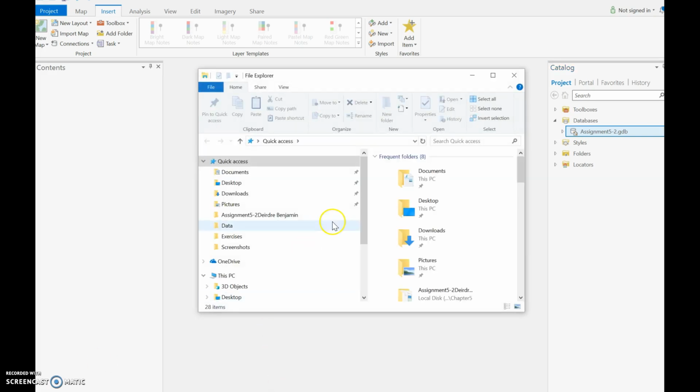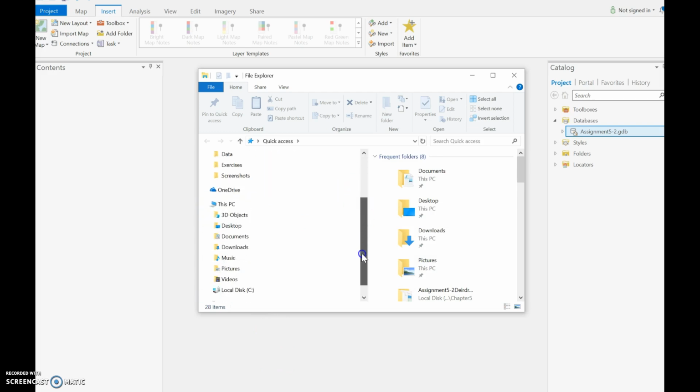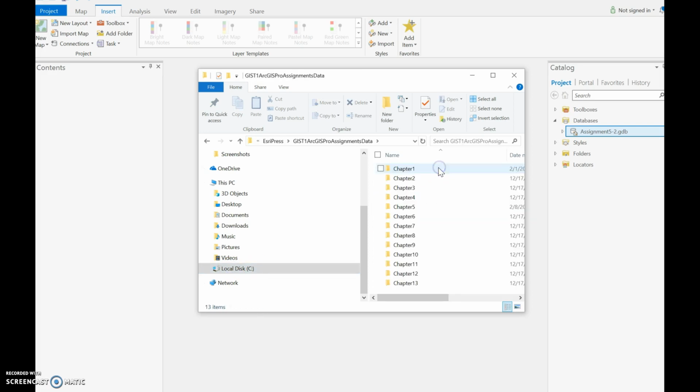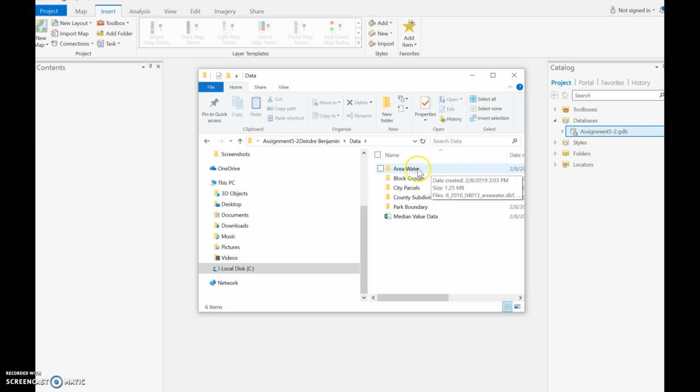So for those of you who have the data downloaded, of course, to your hard drive, you will see here I have under Esri Press and under my chapter 5, under my assignment 2.5, you'll see here I have my assignment here, but I also have this, I created a data folder, and in my data folder you can see I have these other folders which were the zip files that I downloaded. So when I had all the zip files, I just extracted the zip file and created a folder, and under there is all of the